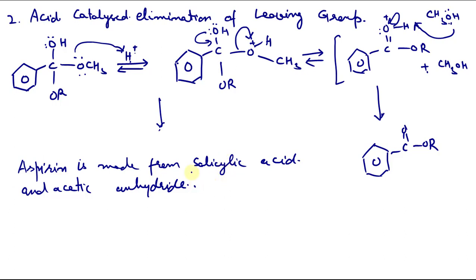Generally, when you mix these two reagents the reaction is very slow, but we can catalyze it by the addition of sulfuric acid. We will not call it a transesterification; it is an esterification sort of reaction. So addition of acid greatly accelerates this reaction. That is how aspirin is prepared.